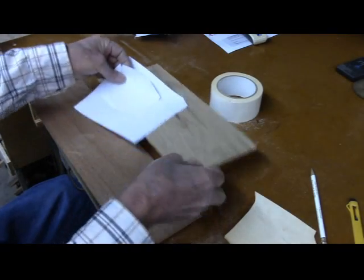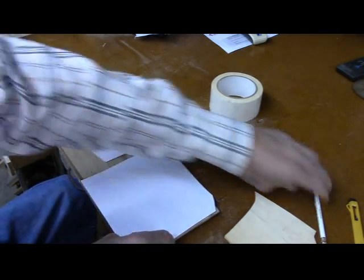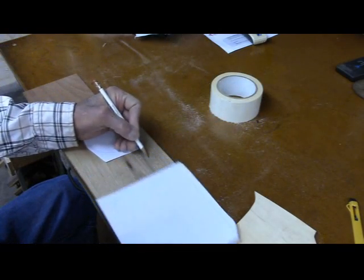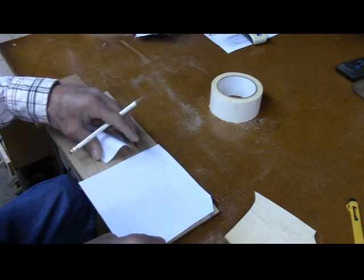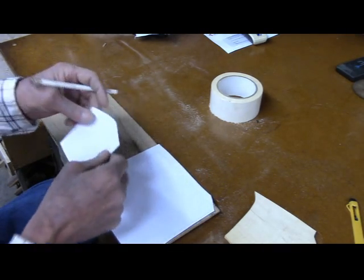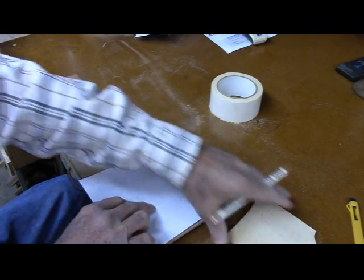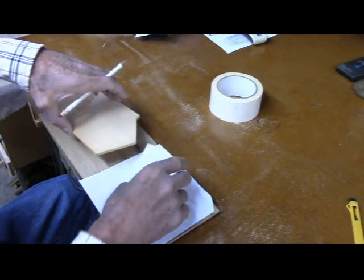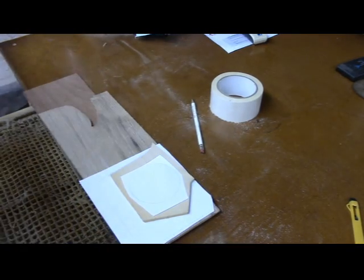So to start out with, I'm going to use this one as the back, and we'll kind of lay that on there, and the pattern comes down to about there. So I can figure that this moon I want up about here. The moon is going to be glued to this, so let's get out our